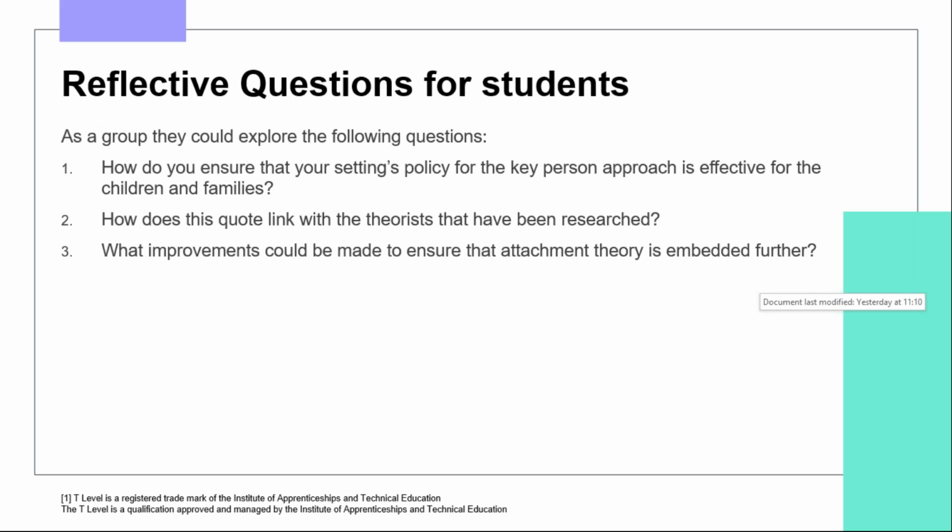How does this quote link with the theories that have been researched? So the quote about the EYFS, you know, each child being assigned a key person, where does that come from? How can you link it to research that we discussed earlier on? What improvements could be made to ensure that the attachment theory is embedded further? So I think this one is really important at the moment because there has been a lot of change throughout